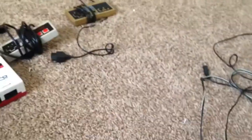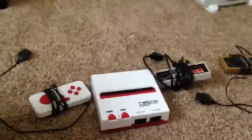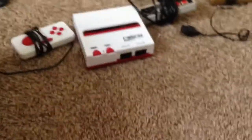Here we have some AC adapters. I have a lot of these AC adapters. AV cables, of course, I have a lot of those. As you can see, here's a Wii nunchuck. I'm gonna put all my Wii stuff over here. A Wii controller, Wiimote, whatever you want to call it. For some reason, I have a pair of headphones in my controllers box. I don't know why that's in there, but